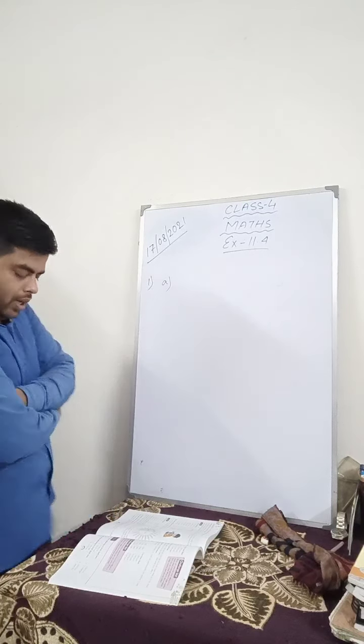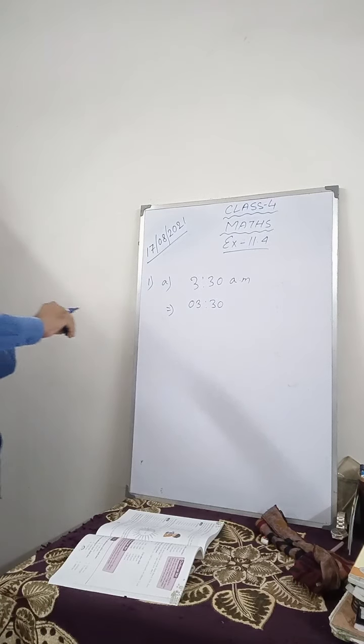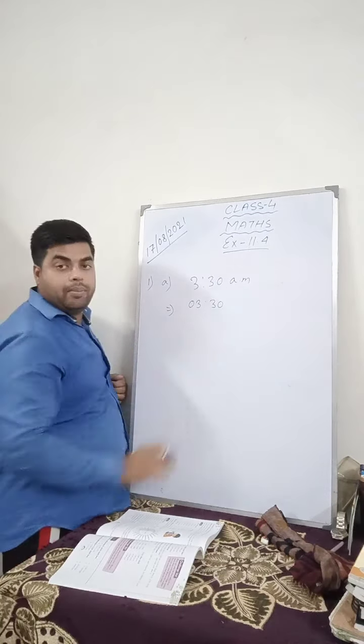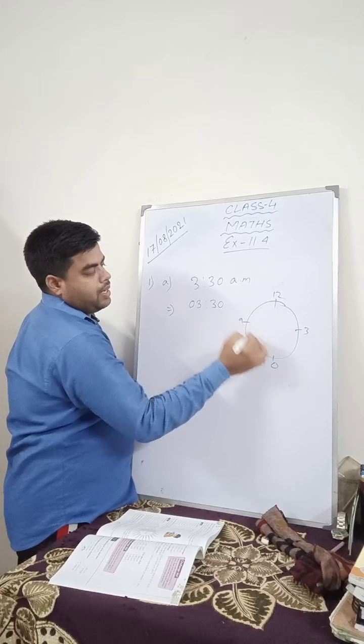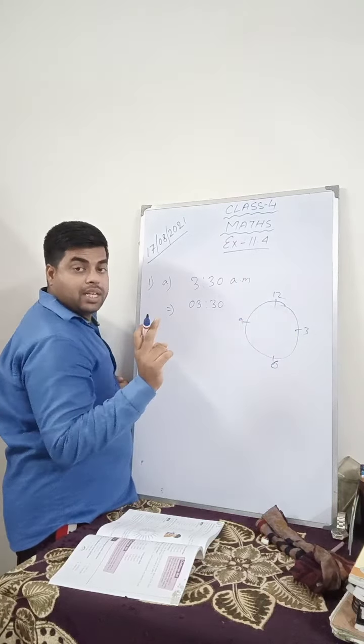3:30 AM. Now you write the same time that they give you, and in the next line you look at what measurement you can see. You have seen AM. When a clock rotates, with 12, 6, 3, 9, the time starts at midnight. The hour hand has to make one full rotation. This first rotation is AM, and then the second rotation is known as PM. So in the first rotation, it did not complete 12 hours.